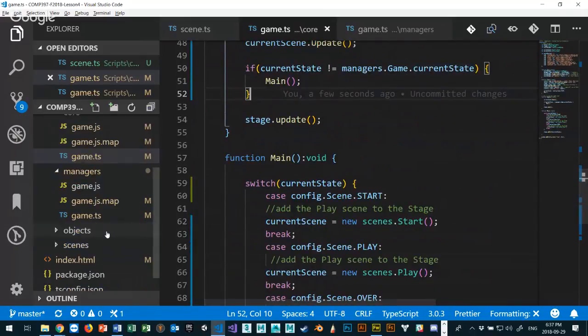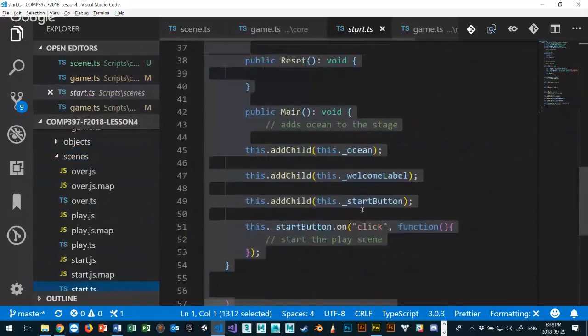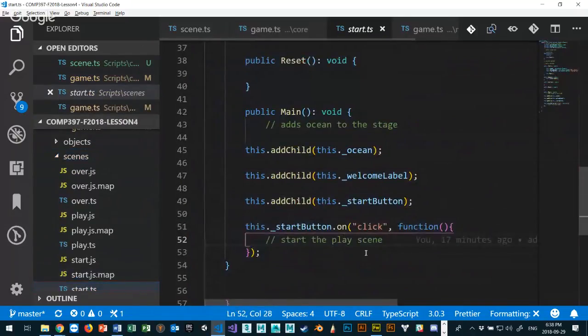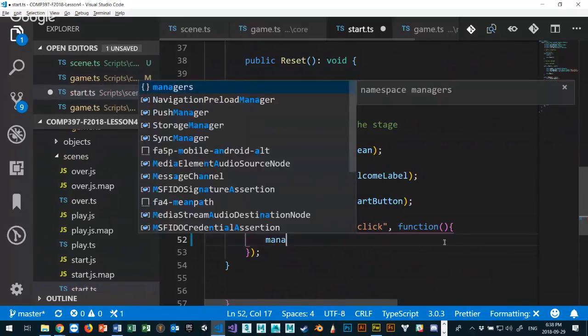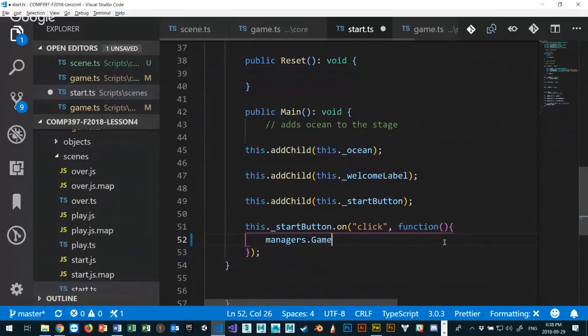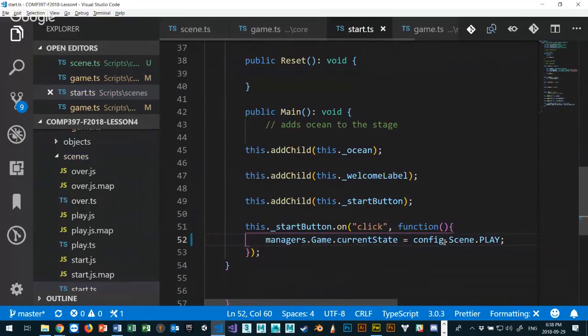For example, in my start scene, here's my start scene, I have this little button called start button.on. I could say that managers.game.current state is equal to config.scene.play. Now I've switched it from start to play. And because I'm checking every frame if it's changed,